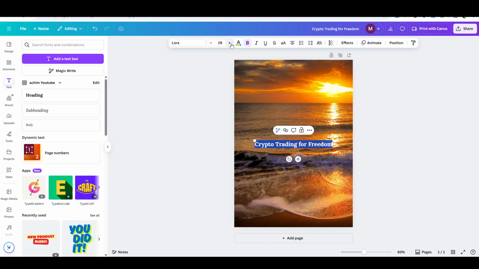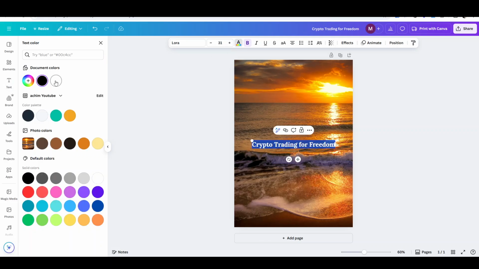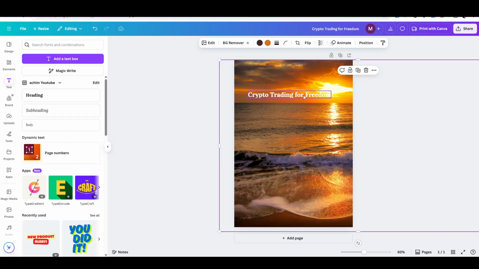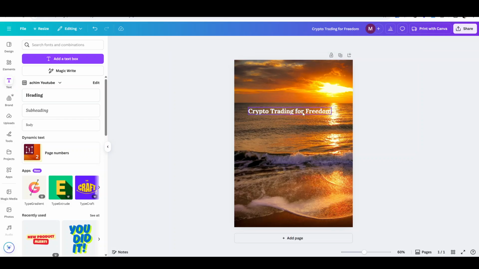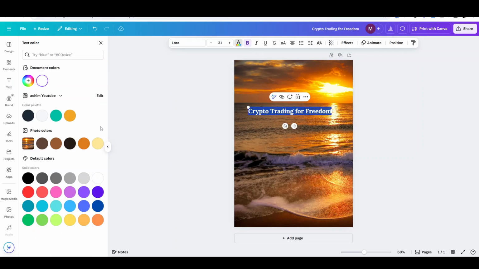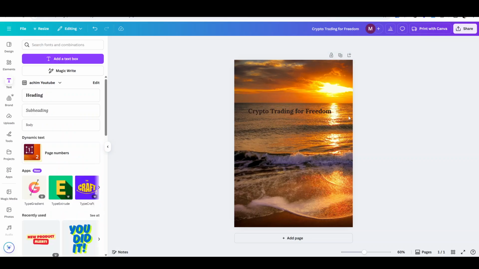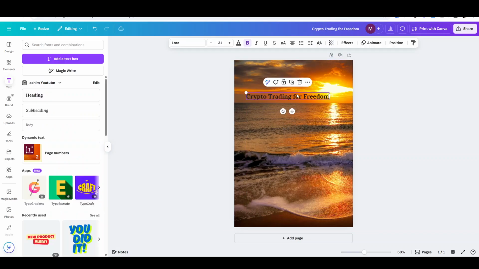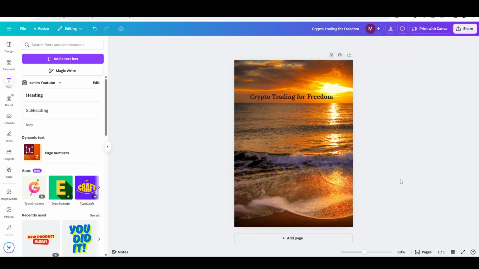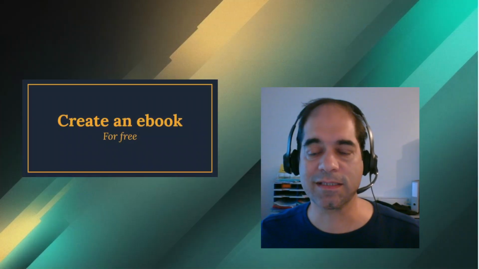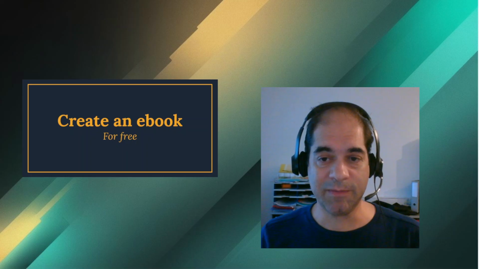You can make it bigger, make the text white, and I won't go into too much detail on how you can use this. Okay, maybe this wouldn't be okay. Make it dark brown so that there's a bit of contrast. You can then put in the subtitles, put in your author, and then you can export this as an image file.